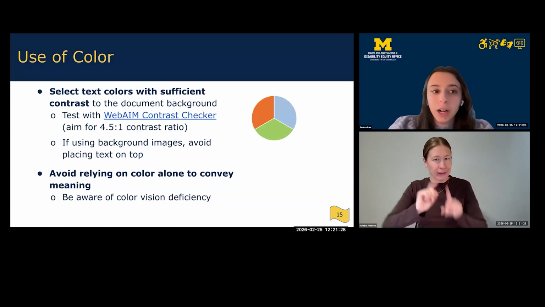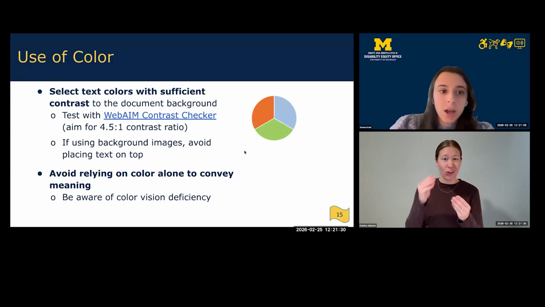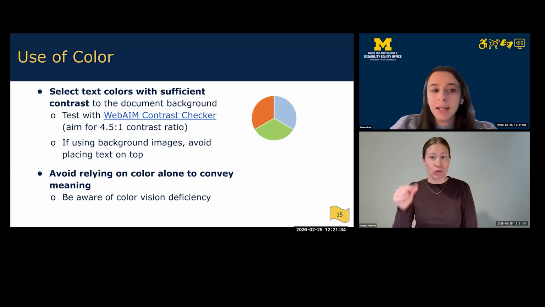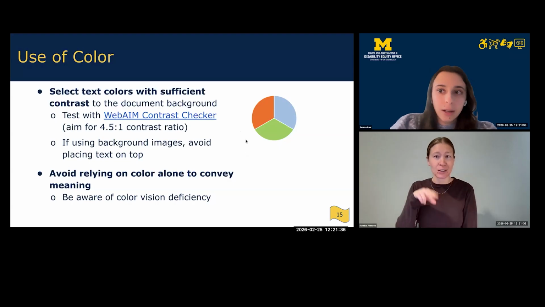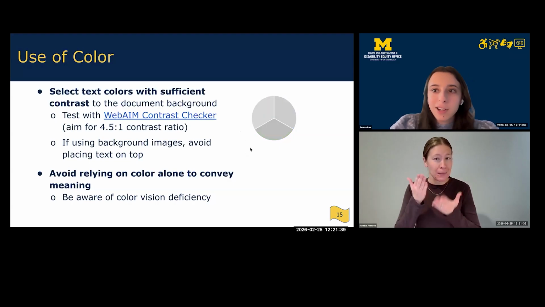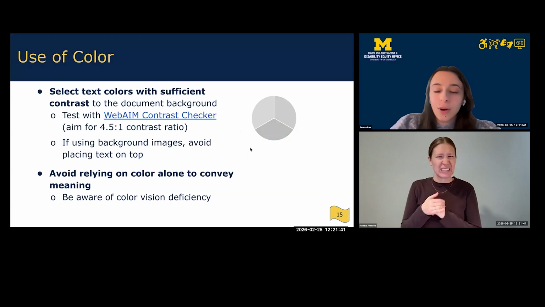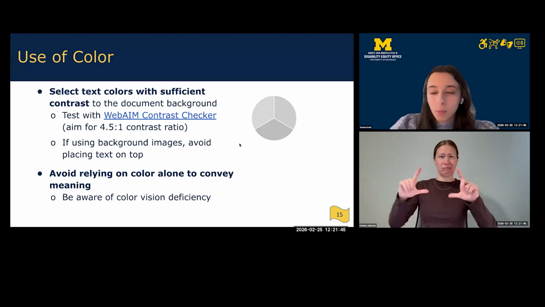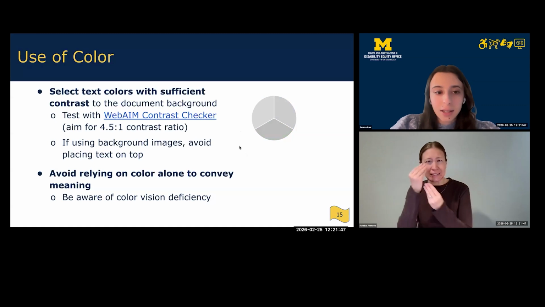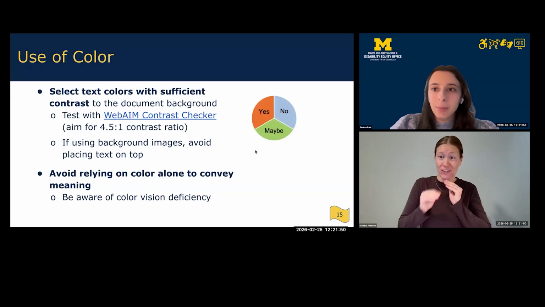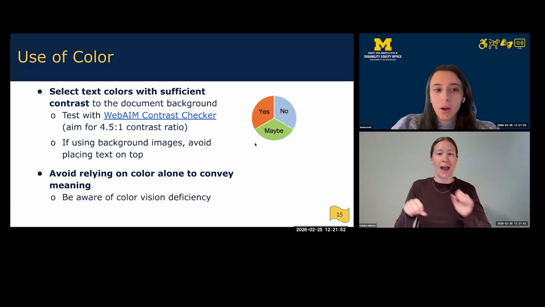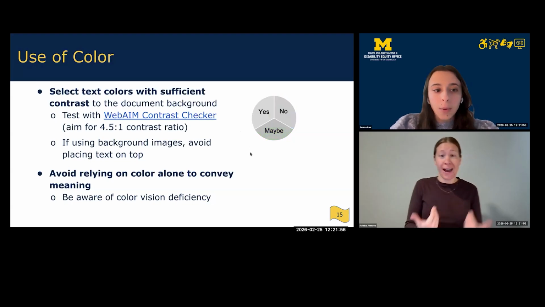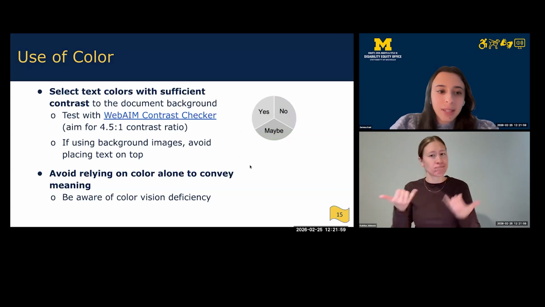Maybe there's a key somewhere that says orange is yes, blue is no, green is maybe. But if someone can't distinguish between green and orange very well, the pie chart is now meaningless. We don't know which chunk of data corresponds with which label. One way to fix this in this case could be to add labels to the pie chart itself so that with or without the colors, we can still understand the data.